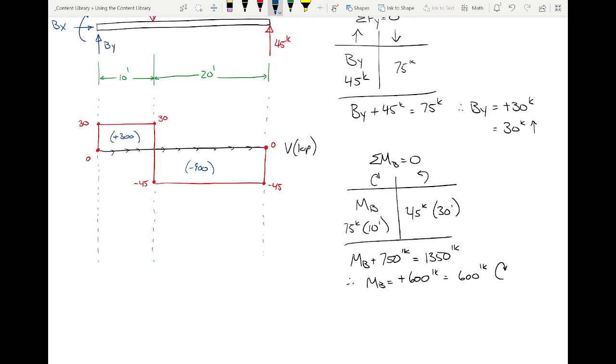So when I draw my moment diagram right here, I start at 0. What should I do? Jump up 600 or go down 600? Up. You go up 600. So we go up 600. We go linear up 300. So if I'm at 600, go 3 to 9. And then,